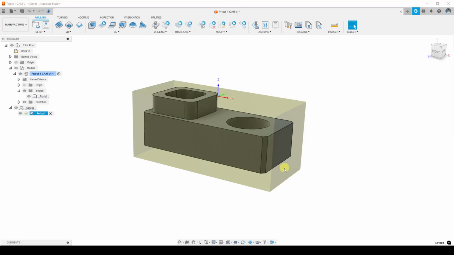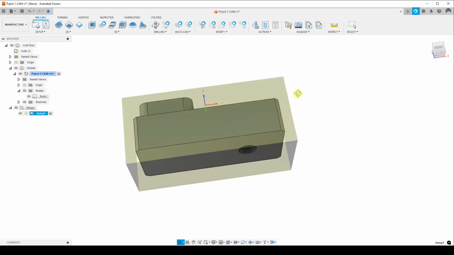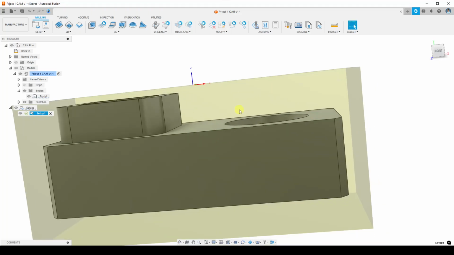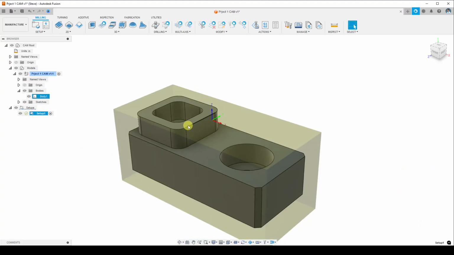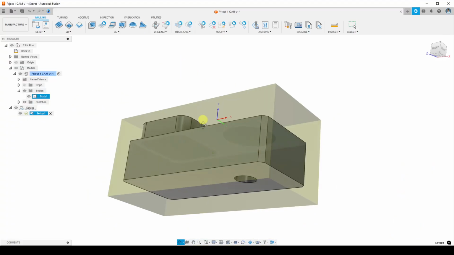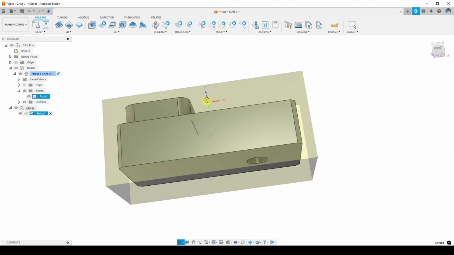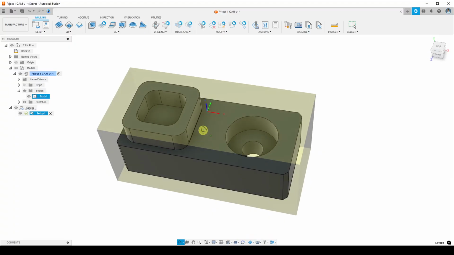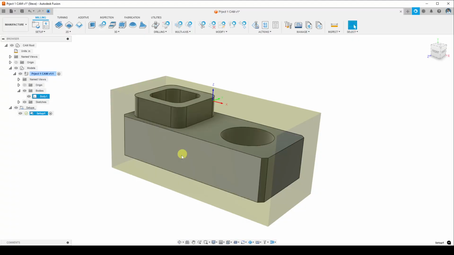Okay, so this is where we left off in the last video, and we have a completed first setup. So the first thing we need to do is start making toolpaths. We need to figure out which toolpaths we're going to do and in which order to make this thing. This is a very simple part, so there's not a lot of different things you could do. When we get into more complicated parts, there's going to be a lot more different considerations. But since this is so straightforward,